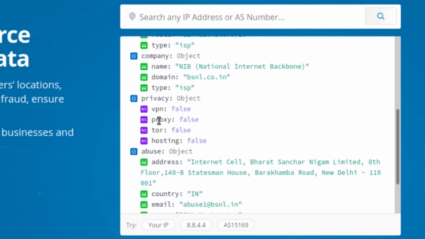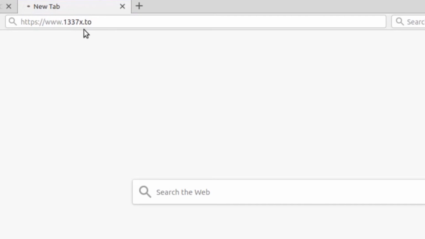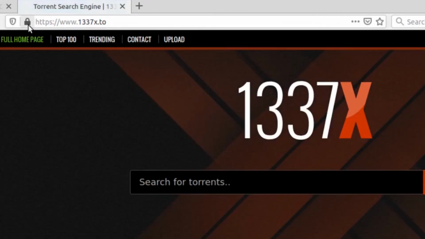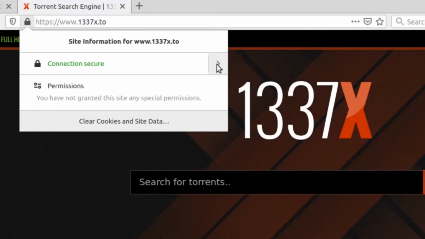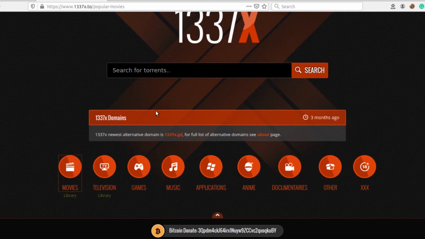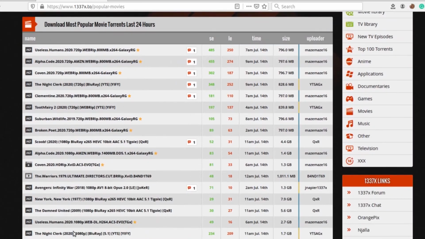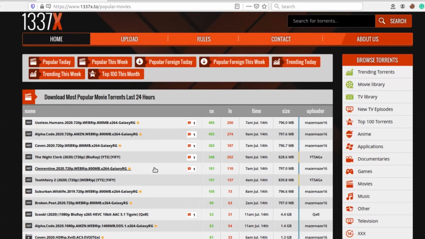Again, just go to your URL and type this 133x.to in HTTPS. Remember, you have to surf secure mode or HTTPS version. If you are not surfing HTTPS version, I must recommend you to download another add-on in Firefox, that is HTTPS Everywhere. This will convert your normal HTTP site to HTTPS site. By default, you do not have to mention all the time HTTPS. This setting will let you open any kind of site. Like here you can see this is the pirated site, that means a torrent site. You can download free movies, stuffs, everything for free.